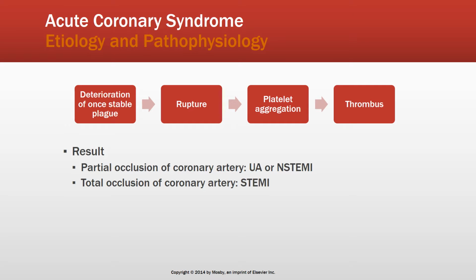Once this plaque ruptures, which is your step 2, a lot of platelets go into the area, which is their job, because they feel that there is an injury. There is local constriction that occurs, some of the vasoconstriction occurring through inflammation, and that thrombus forms. This unstable lesion, depending on how big the occlusion is, may be partial or totally occluded, and sometimes this coronary plaque suddenly becomes unstable. We don't fully understand what can cause it to become unstable, but we know that part of our body's response to that is inflammation, and they believe that inflammation could also be part of the reason why